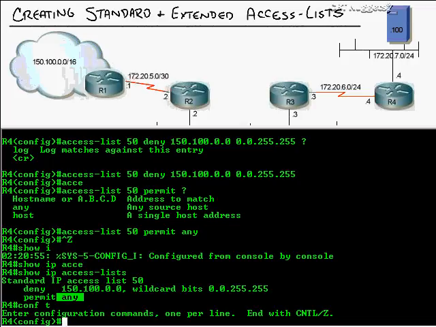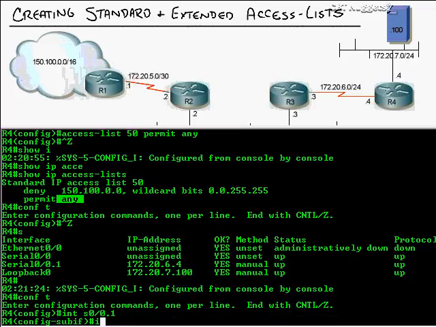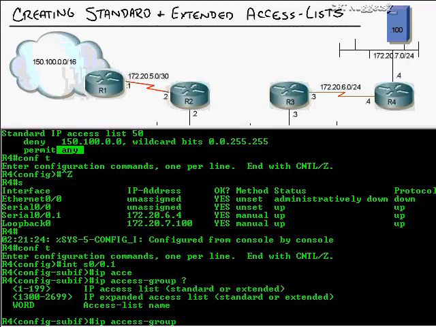Now I just need to choose where to apply this. I'm going to apply it inbound on serial 0. Let me do a show IP interface because I know I've got a sub interface there. This is serial 0/0.1, that's connected to router 3. So I'm going to get in there, serial 0/0.1, and I'll do the command IP access group, followed by what access list number I'd like to apply, 50,